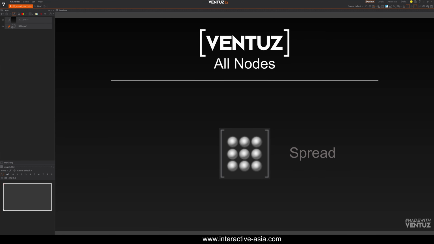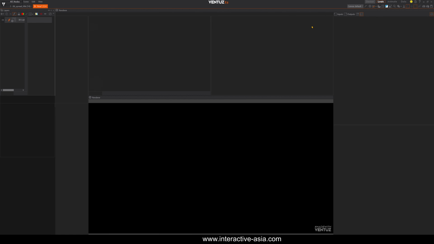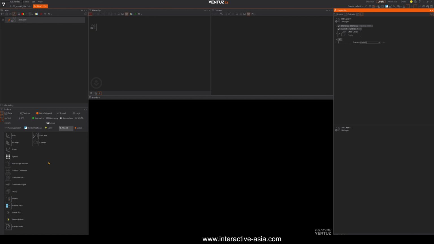Let's talk about the spread node now. So to do that, like always, new scene, and let's go here to the logic view. Okay, the spread node you also can find in the toolbox under the world category, and then you can find the